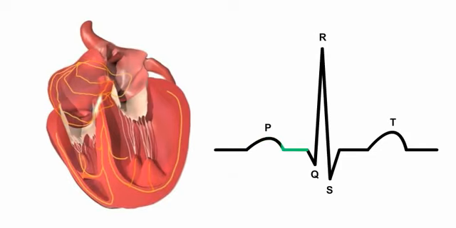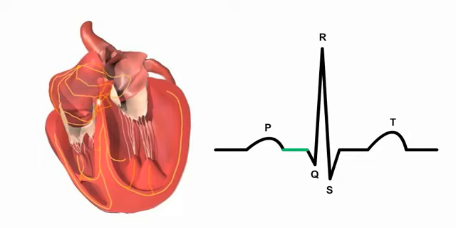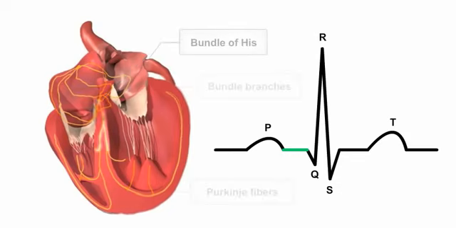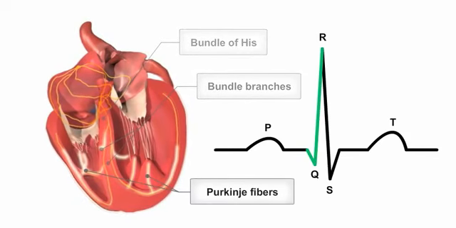The period of conduction that follows atrial systole and precedes the contraction of the ventricles is depicted on the ECG by the PR segment, a flat line following the P wave. When the signal leaves the atria, it enters the ventricles via the atrioventricular or AV node, located in the interatrial septum. It enters the bundle of His and spreads through the bundle branches and the large diameter Purkinje fibers along